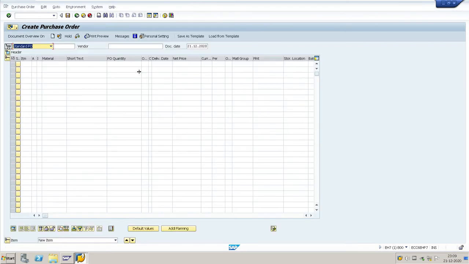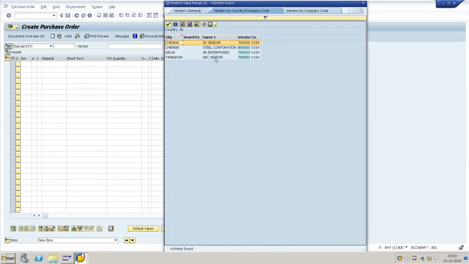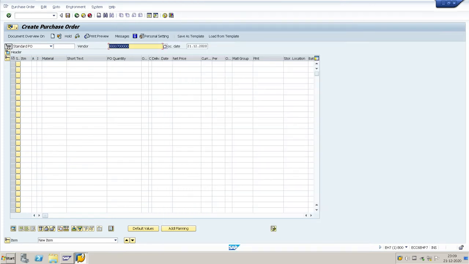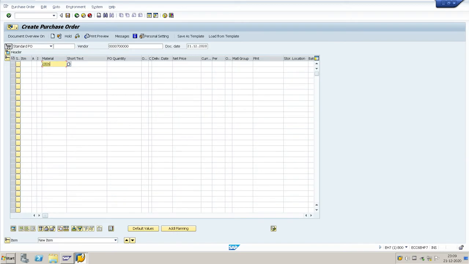Select the vendor. Company code is 0154. Put the raw materials 2906 and 2907.